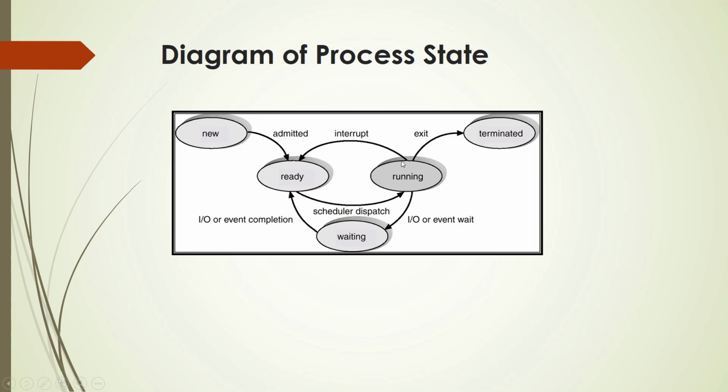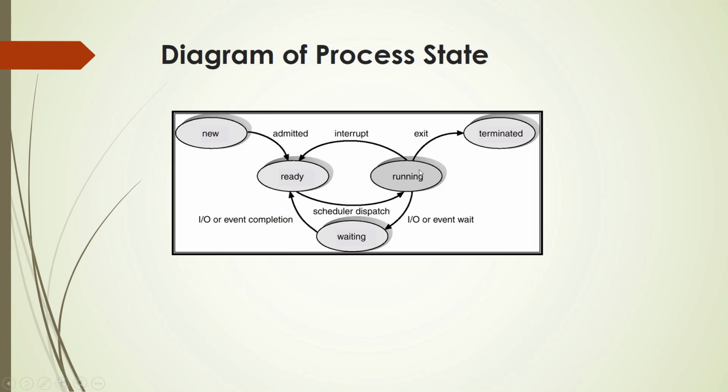Now as I have mentioned, there can be a possibility of an input output event. So if there is an input output instruction in the program it was currently executing in the CPU, it will go to the waiting state for input output to complete. So when the input output completes, it goes to the ready state again. Again the scheduler will put it in the running state. So this process will be repeated several times if there are multiple input output instructions.